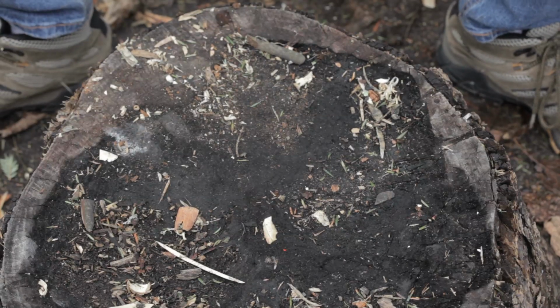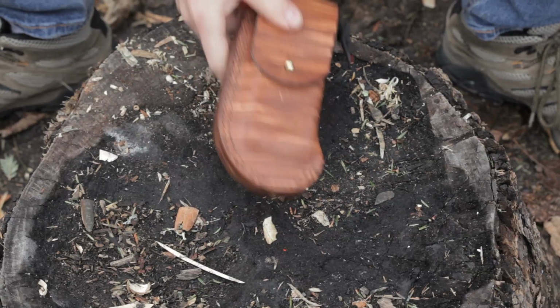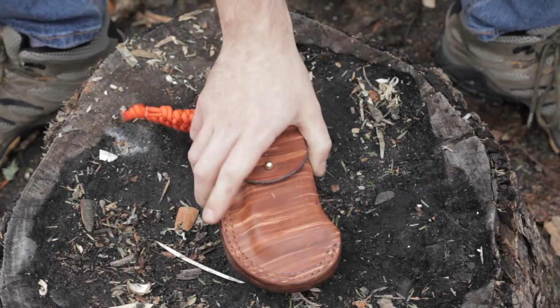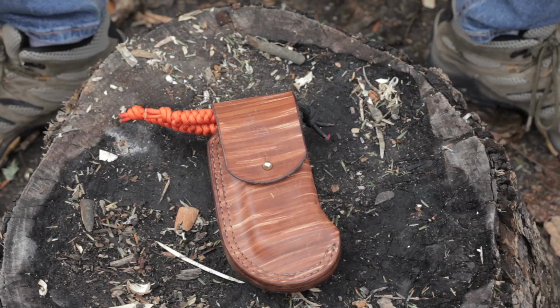I said to him, I kind of want something for this. And he's like, great. I'm like, I don't know what I want. And he told me, all right, well, send it to me. I'll make something, I'll see what I can do. I had no idea what to expect. So when he was finished, I wasn't even really sure what the fire kit was going to look like. He sent it back to me, and when I opened up the package,